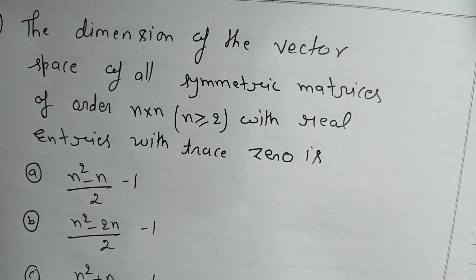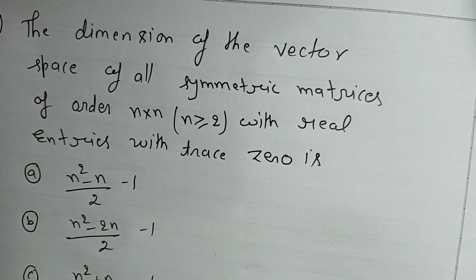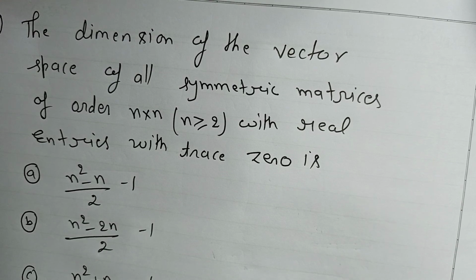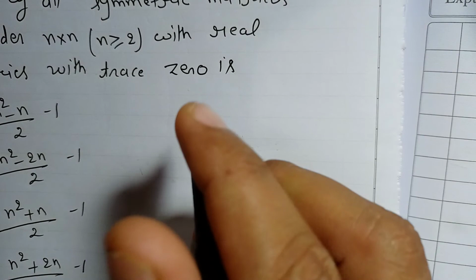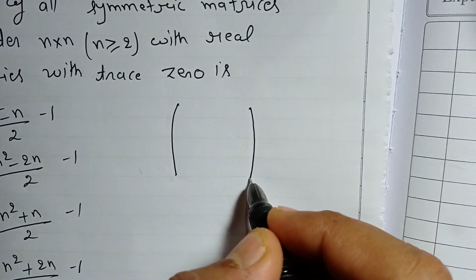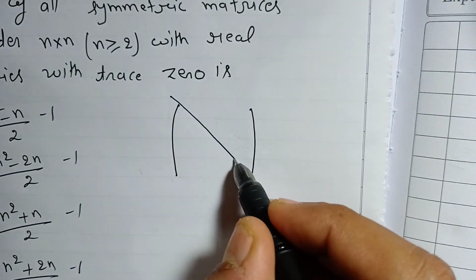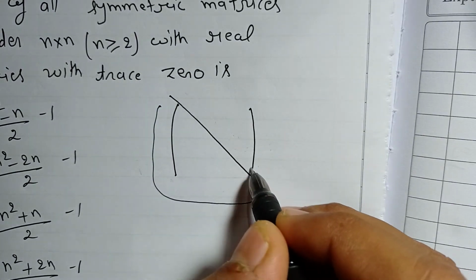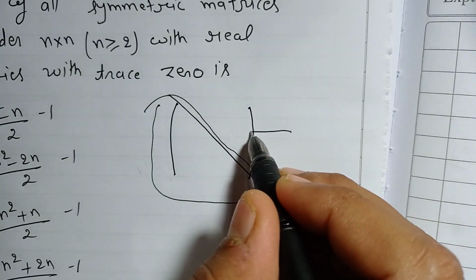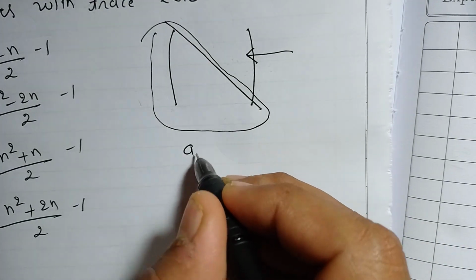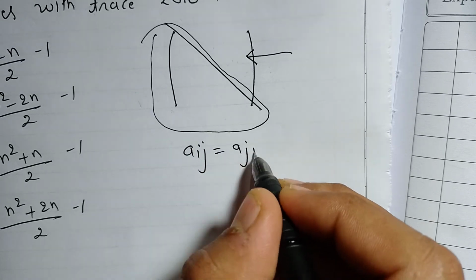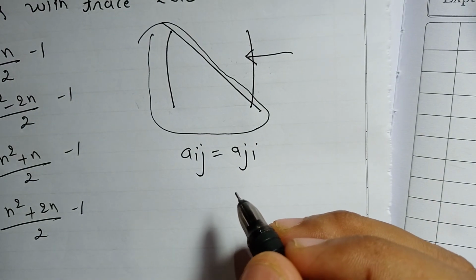Next question. The dimension of the vector space of all symmetric matrices of order n cross n with real entries with trace 0. So trace 0 means the sum of diagonal elements is 0. So if it is a symmetric matrix, fine, only these will be independent variables, and these entries are just a mirror image of these. So for a symmetric matrix we have Aij equal to Aji. So whenever we write A21,